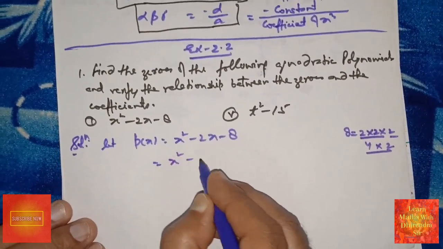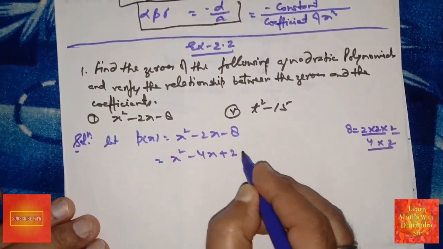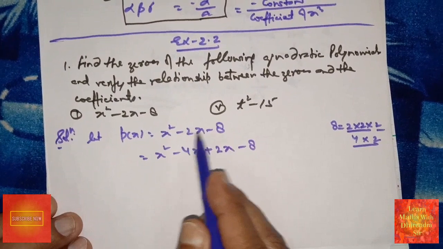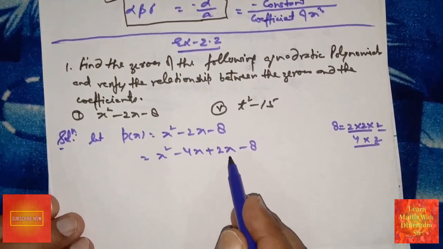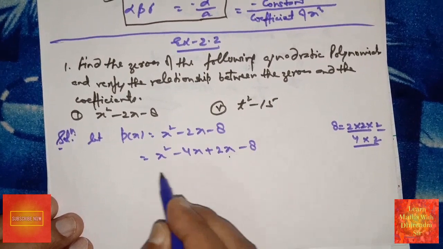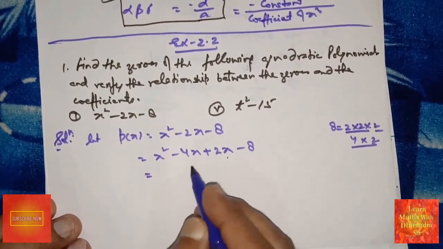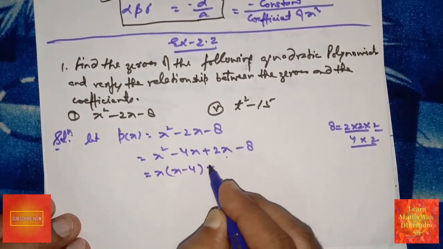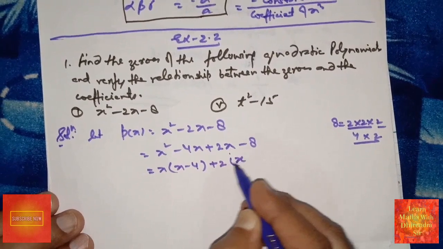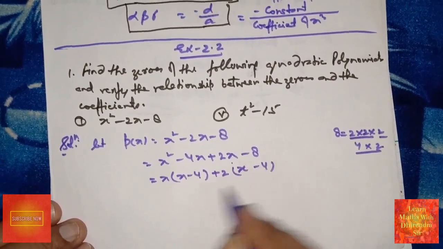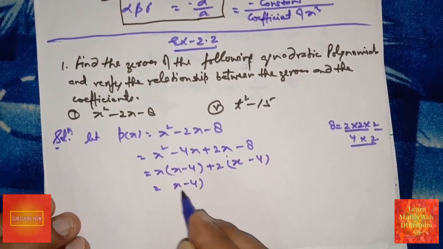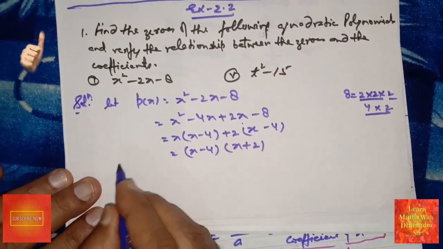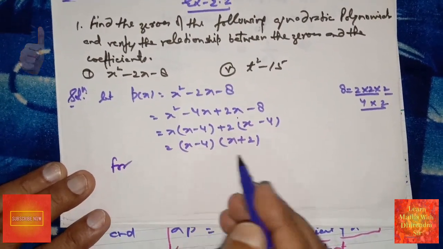Then you can write like this: x square minus 4x plus 2x minus 8. Here very easy, in the place of minus 2x we wrote minus 4x plus 2x. You got minus 2x minus 8. आप क्लास 8th स्टैंडर्ड 9th स्टैंडर्ड कर चुके हैं, नो प्रॉब्लम. इन दो टर्म में x कॉमन लिया तो हमारे पास आ गया x minus 4, प्लस 2 कॉमन लिया तो यहाँ पे x और minus 2, minus 4, minus 8. Then you got (x minus 4) and (x plus 2). Is it clear?